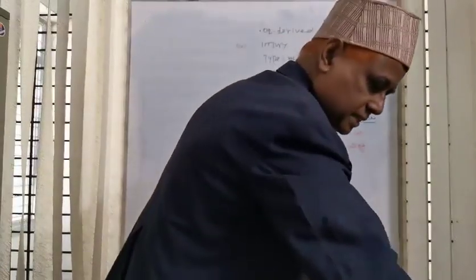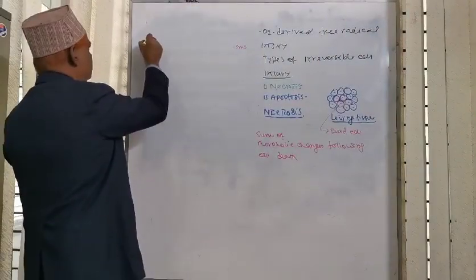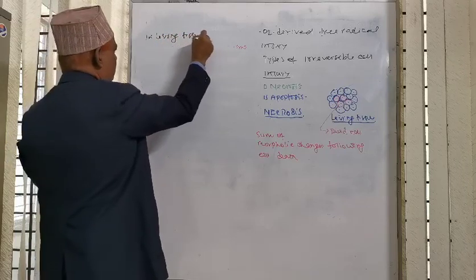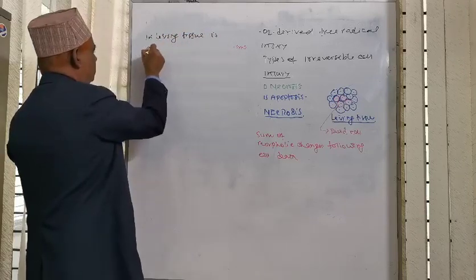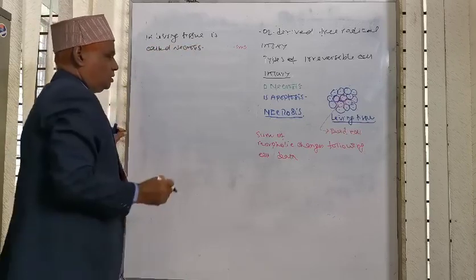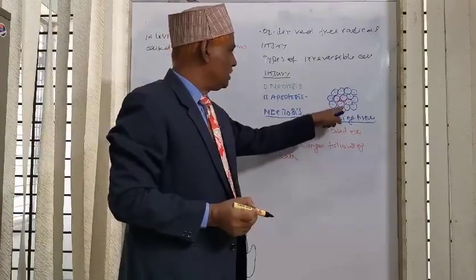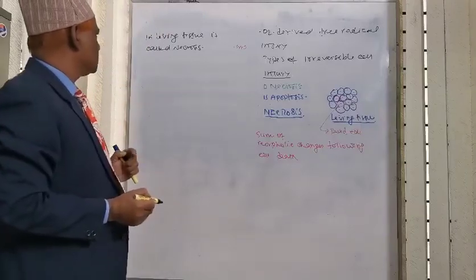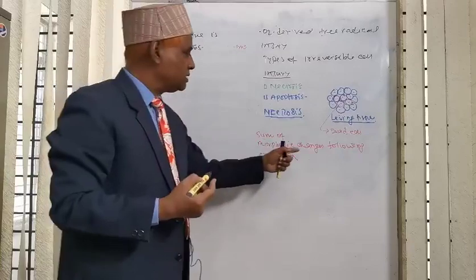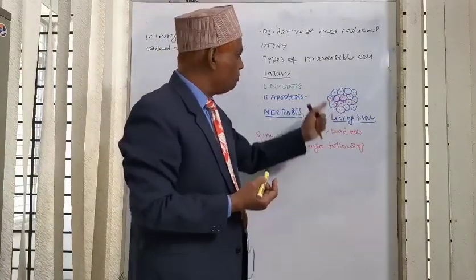Following cell death in living tissue is called necrosis. So the changes that occur in the dead cells within the living tissue are called necrosis. Why do these changes occur? These changes are due to the progressive and degradative action of the enzymes of the dead cells.